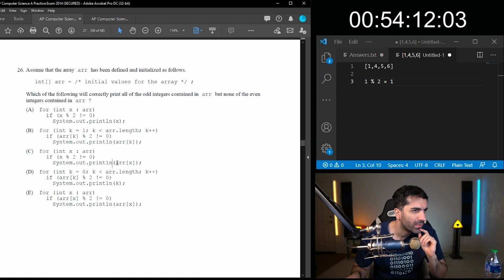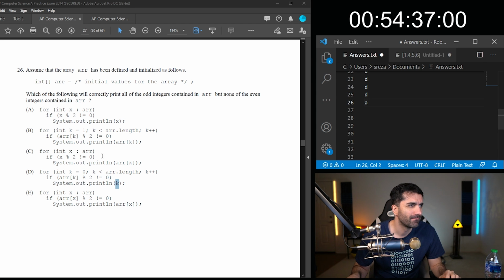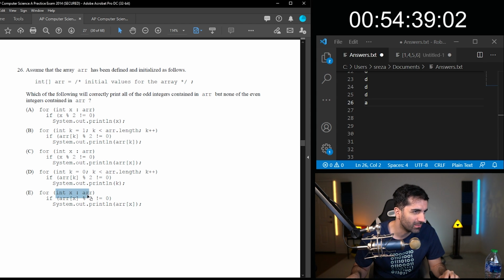We need to print, so this prints out x, and this prints out, no, this is wrong. That's wrong because it's printing out the index. I'm just gonna assume this other one is wrong too, because I feel like it's A. Let me just look at this last one just to be sure. So we're going through x, if array, okay, that's wrong.